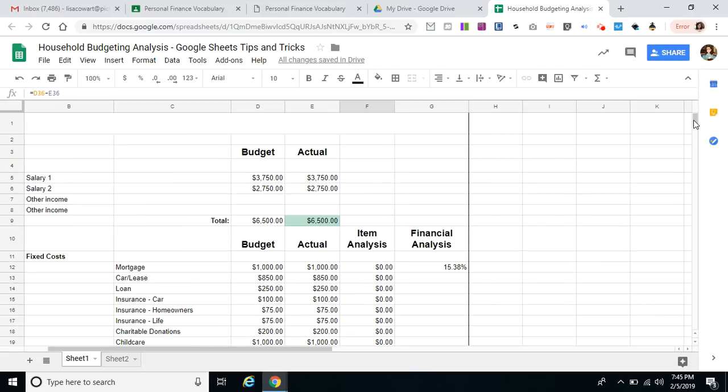Okay? So now I want to show you something because a question may have occurred to you. Why in the world, Miss Cowart, did you make me put 20 formulas in this column when I could have used the fill down and only done it 1 time? And I'm about to answer that question for you. The reason is because this cell that we used for the total income for this family is always in E9,